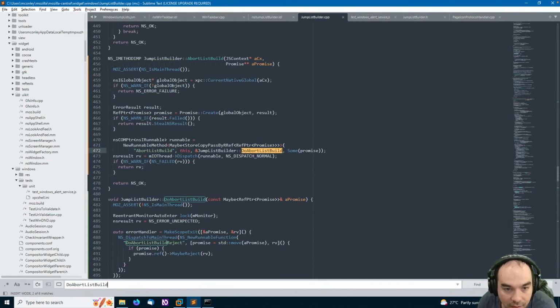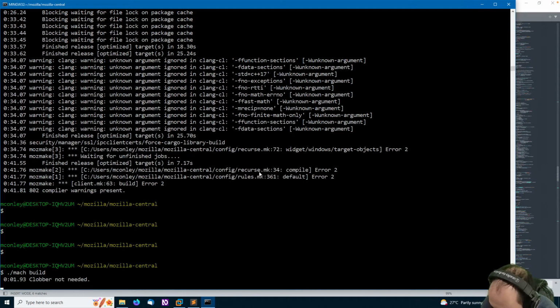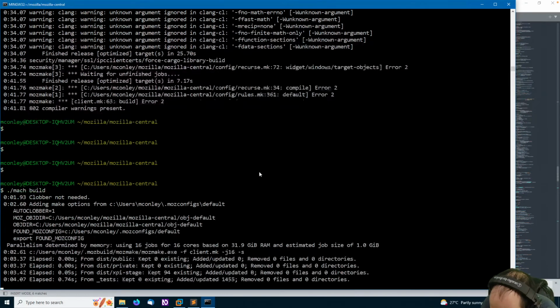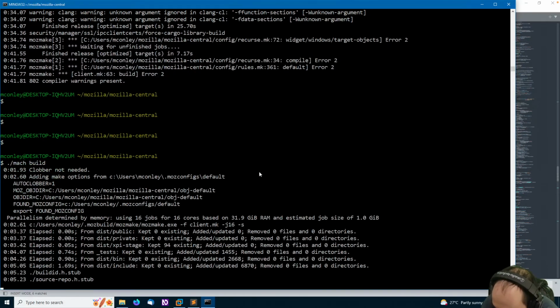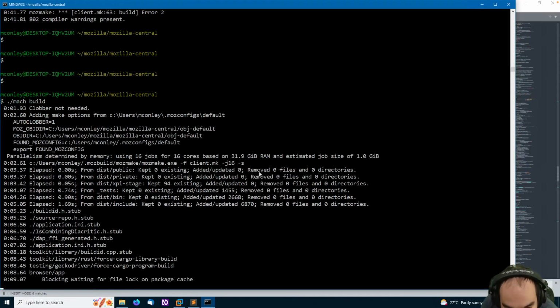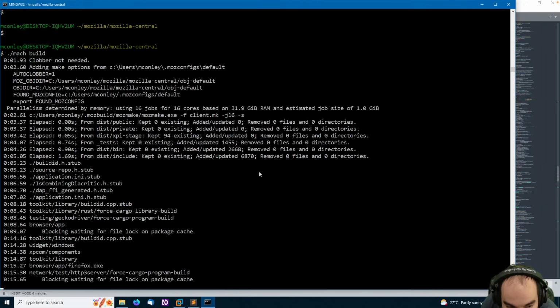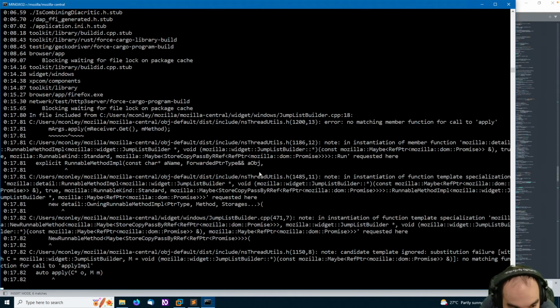Let's see what it thinks of that. You can't just store R values in structs. Sounds like a good point. Sounds like a plausible theory, Ocris.